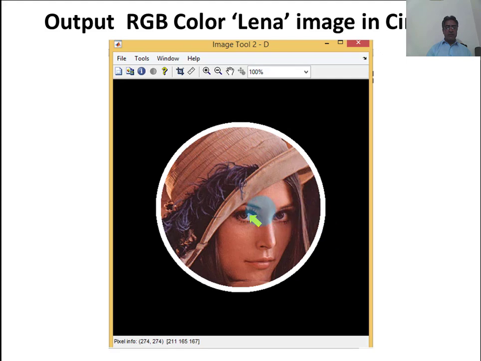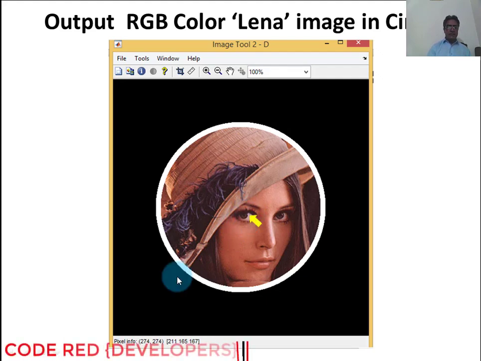You may see, when we move the cursor at the eyelid position, that is the white area of the eyes, the computer shows the pixel coordinate position and the red, green and blue values of that pixel. Red plane 211. If it were 255, 255 and 255, then it would be completely white, but it is not completely white, it is a little bit pink or reddish.